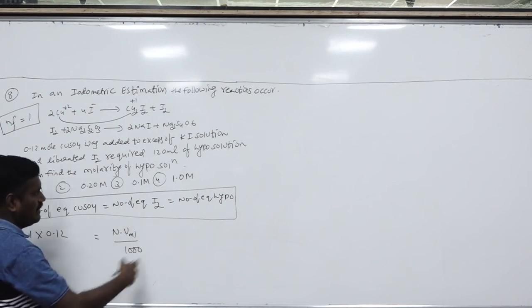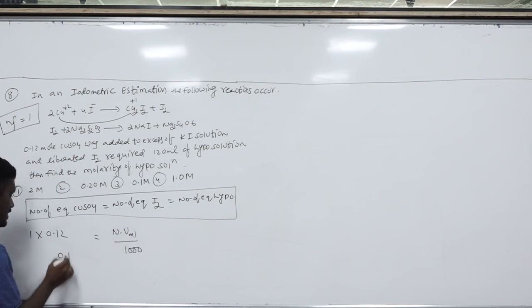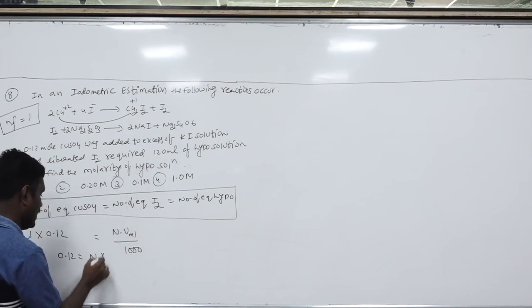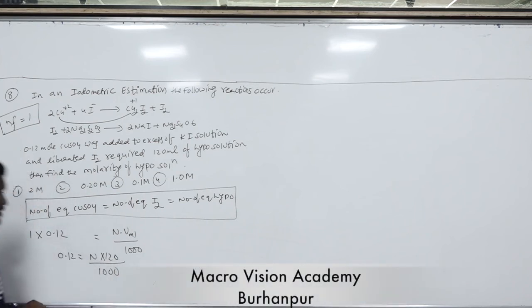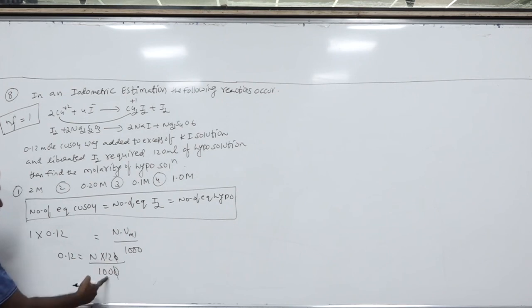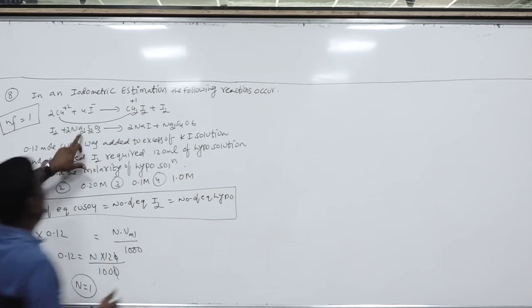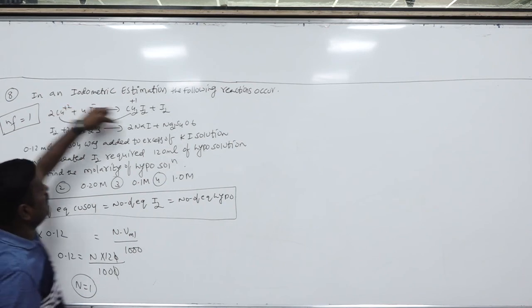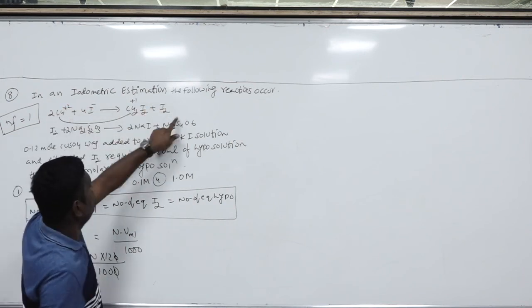Now this is the number of equivalents of hypo. Remember, the volume of hypo solution given to you is 120 ml, divided by 1000. So the zeros cancel, two decimals will be cancelled, 12 cancels. So normality is equal to 1. Do you know what the n factor of hypo is? The hypo n factor is 1, because the oxidation number changes from +2 to +2.5, so the change will be 0.5.